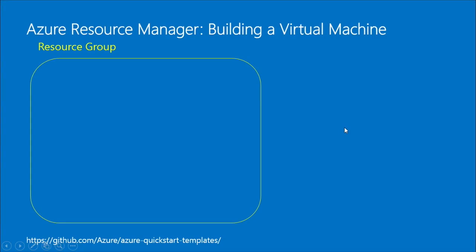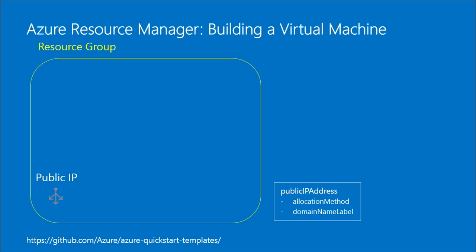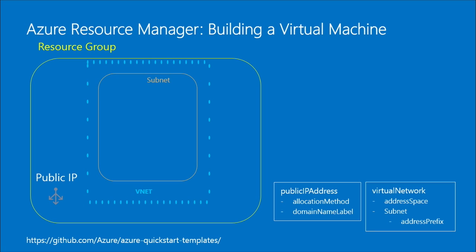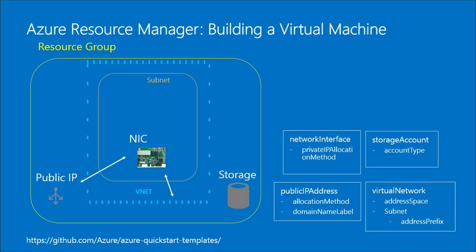So let's talk through first about how we build virtual machines, right? Just as a baseline reference. When you build a virtual machine in Azure, you create a resource group under Azure Resource Manager, and you end up creating a few resources. You want a public IP so you can reach the VM. You create a virtual network, and you create one or multiple subnets, so you have isolation in terms of networking. And then you have a storage account, so you can persist the data that is written out of the virtual machine. And then you have a network interface card that can be bound to the public IP address. You can have more than one if you want.